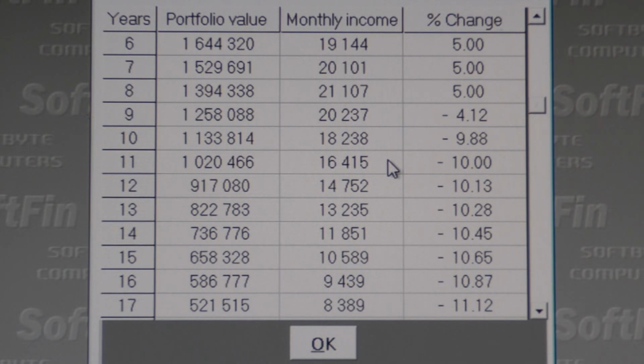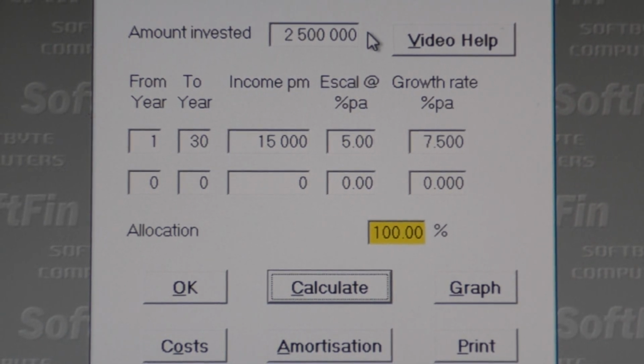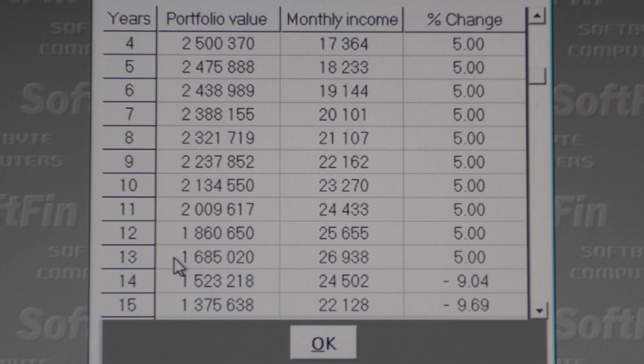Well, Joe Bloggs may decide to take a lump sum of only 500,000 Rand tax-free and invest it somewhere. If the 500,000 Rand investment could cause a tax problem, then maybe he could invest it in unit trusts or perhaps even in his wife's name. Joe could then place 2.5 million into the annuity. The amortization now shows that the required inflation-linked income would be available for 13 years instead of for 8 years.